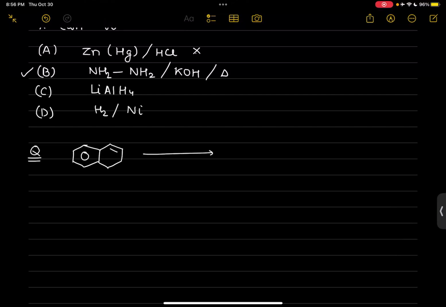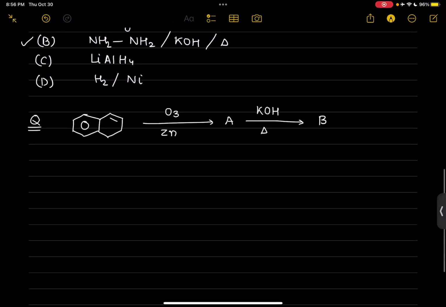This problem is related to intramolecular aldol condensation. That is the main part of this problem. But I have given ozonolysis followed by KOH and heat. Clear? So the structure of B will be